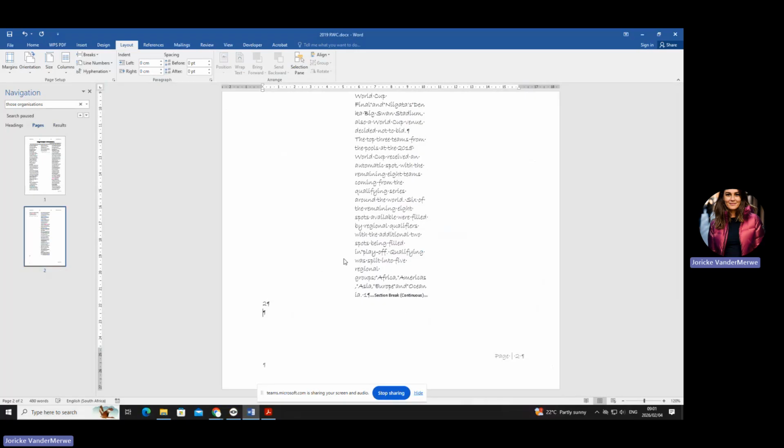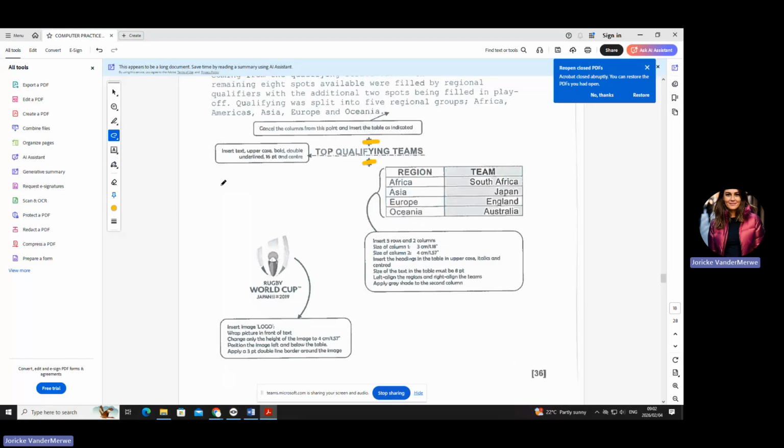So if I type here now the words that are on your question paper, it says top qualifying teams. Can you see that? Can you see there's actually just one space in between? But there is 1, 2 enters. So those enters are the horizontal lines, or you can count the line. Are you with me, darlings? So if we quickly just have this again, can you see this line?